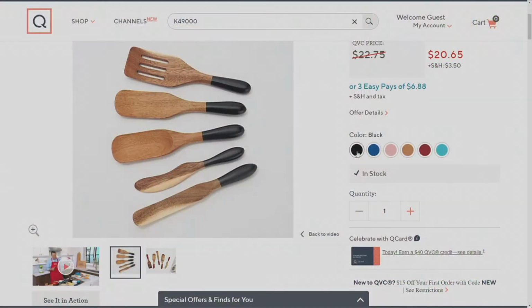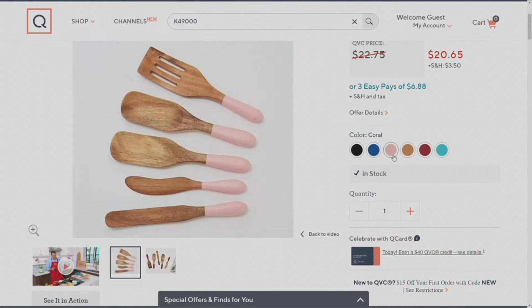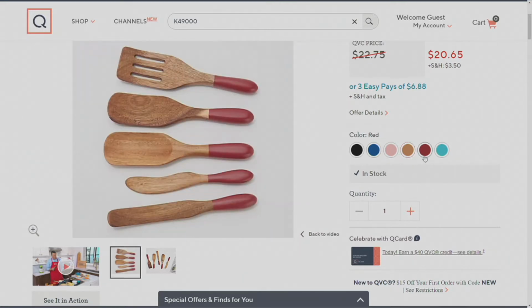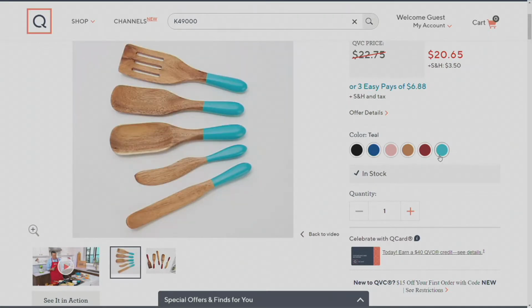Now, we do have a handful of colors to pick from too. I'd love to show you that on QVC.com, and then we'll bring Lucinda back in. If you want the natural, that's what I have here in the studio, but you could also get black. That's one color choice. There's your blue. We also have it available in a rose pink, which we're calling coral. So you'll order coral. It's the most limited, though, if you want that coral. And then we also have it available in a red color, which is always a fun color in the kitchen. That's what my mom has. She accents with that. And then we also have this beautiful teal blue as well. So a really great way to add this to your kitchen for